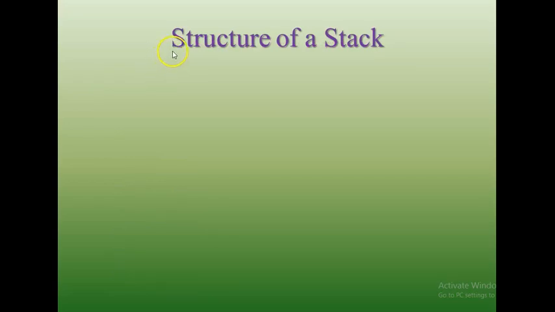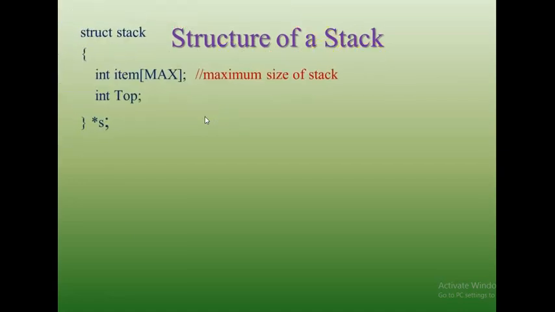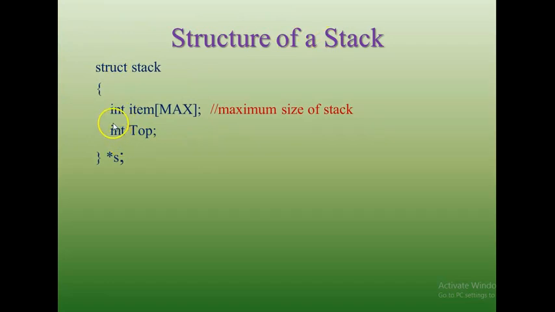So for using a stack, we should define a structure. The structure of a stack is like this. It is having two elements. One is the array. This is the array type. It can be replaced by any data type. Item is the name of the stack I am using in our example. And as I have told you earlier, max will be the maximum size of the stack, or the number of elements to be stored in the stack. And this is actually the operation point or index, where we will be adding elements or taking out elements.